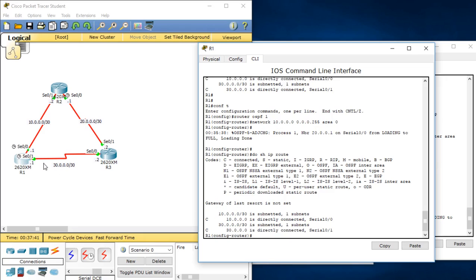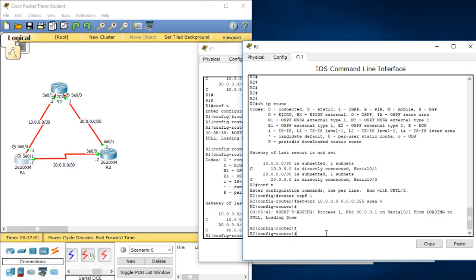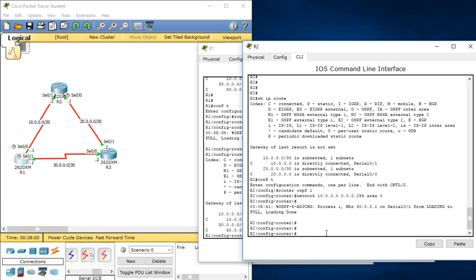So we're only learning about our 30.0 network and a 10.0. So what we have to do now is head back to R2 and tell that router, "Hey, I want you to put our 20.0 network in our database table, and then send it to R1 so R1 is able to get to our 20.0 network." So we do a network 20.0.0.0, and I'll use a wildcard mask of 255 in our last octet, and we put our area 0,